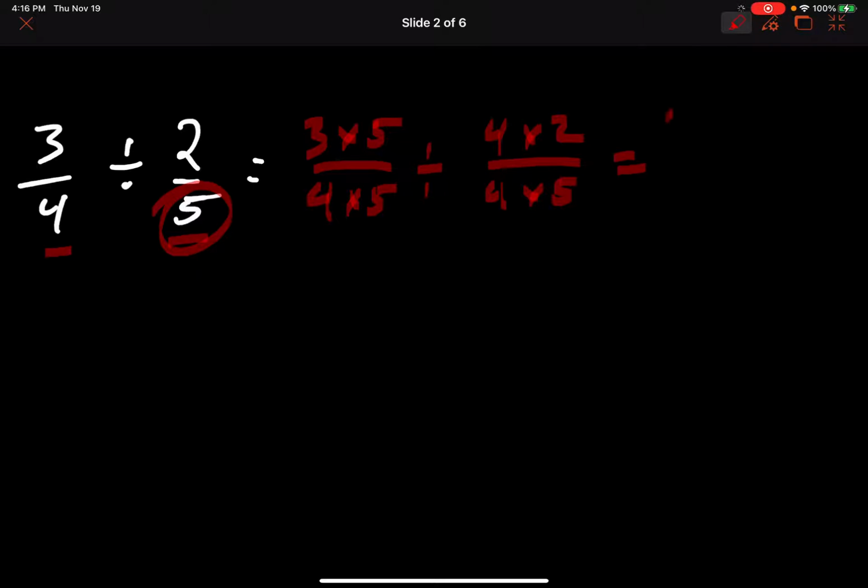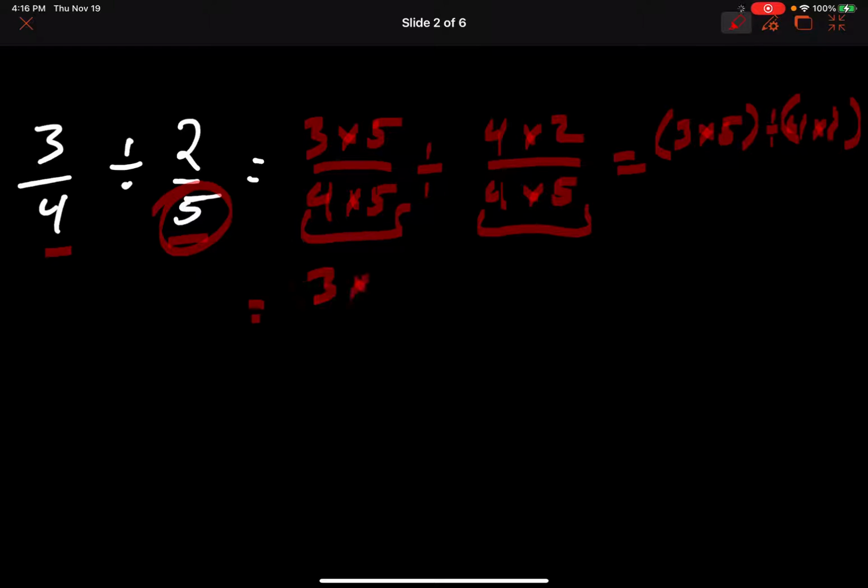And what's happening here, remember we have the same denominators. So we already know that it works if we just drop those, and divide it by 4 times 2. So what's happening here now is I have 3 times 5, and because it's division, I can write it as a fraction. And now if I was going to separate these,